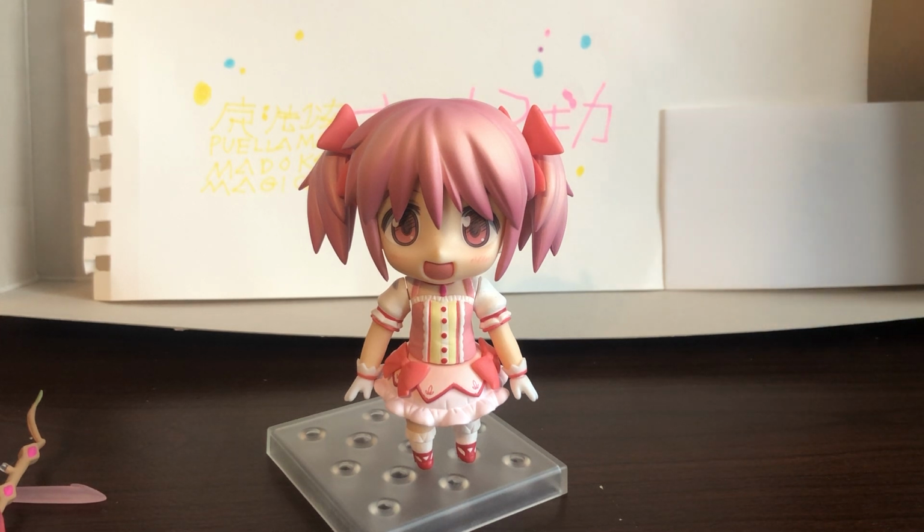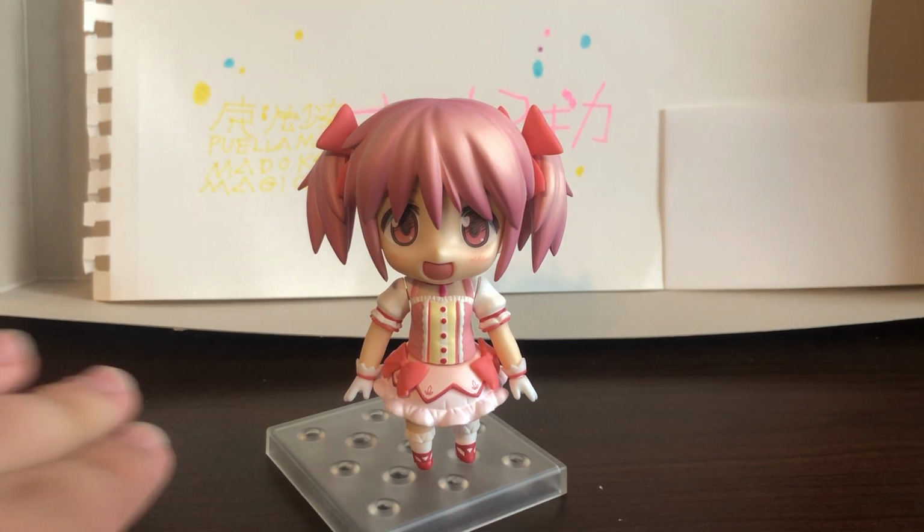Hell, you're not seeing things, my friend. Today we're going to be looking at the Good Smile Company Nendoroid Puella Magi Madoka Magica, Madoka Kaname, and her Magical Girl outfit. Now I know what you're going to say: Chance, what the hell and why the hell? And to answer that question,